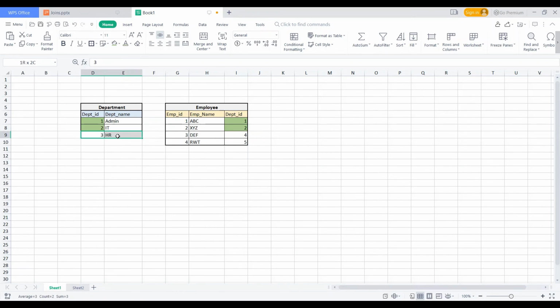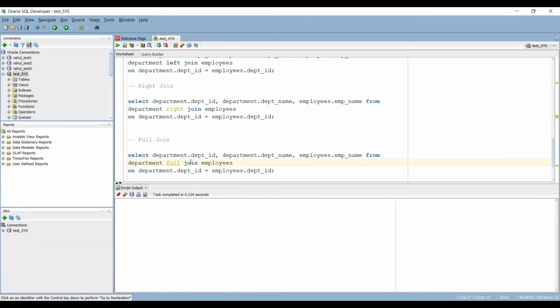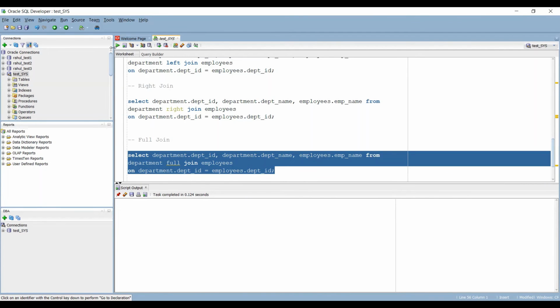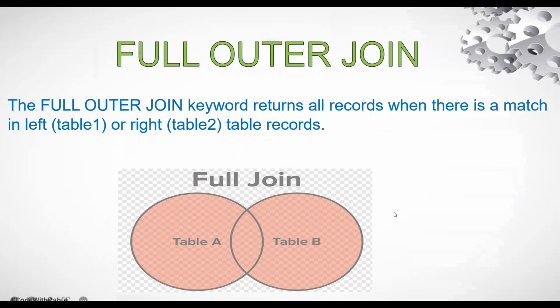So it will give us this extra row from left and these two extra records from right. So two matching, then this one makes three, and then two makes five. So it will give us five rows. You can see that if I execute the full join query, it has given us two matching rows, one extra row from the left table and the null. Why? Because there is no match, and these two extra records from right. Why are there nulls? Because there is no match. So this is about the full outer join.